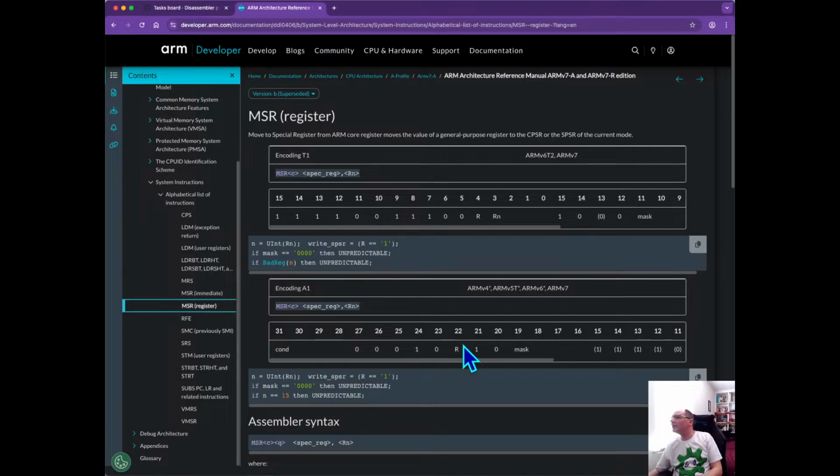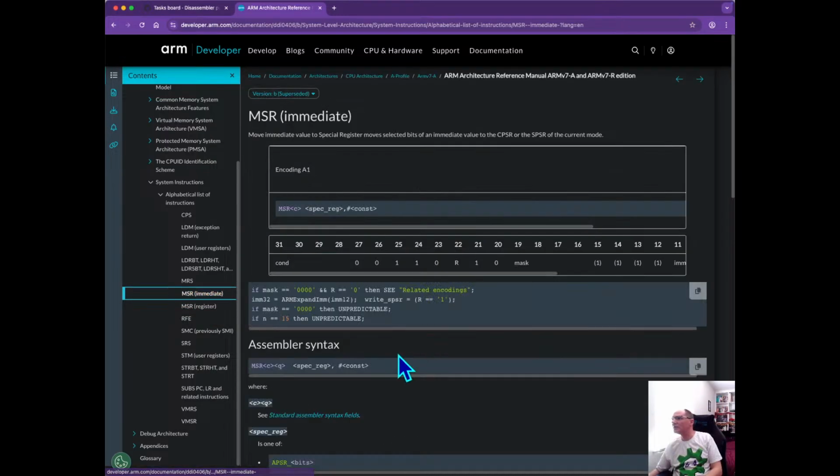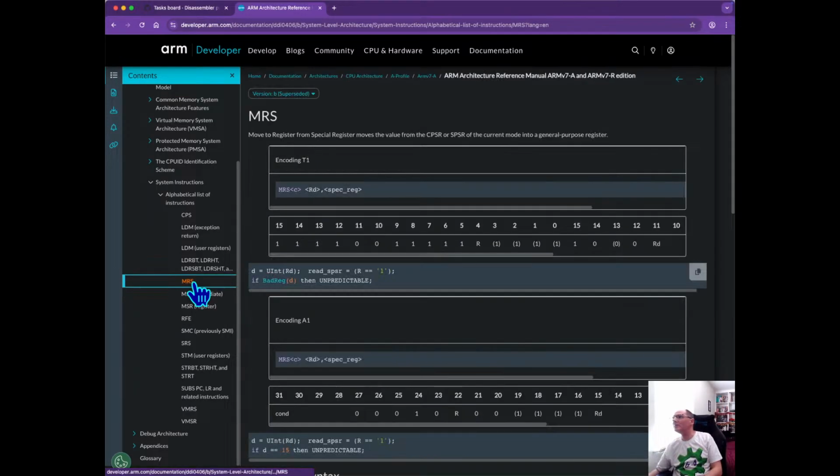Bits 20, sorry, bits 20. Immediate. Yeah, so immediate toggles that one. But all this along here ends up with these bits set. Sorry, not these bits here. These bits here set. If they're all set as well,